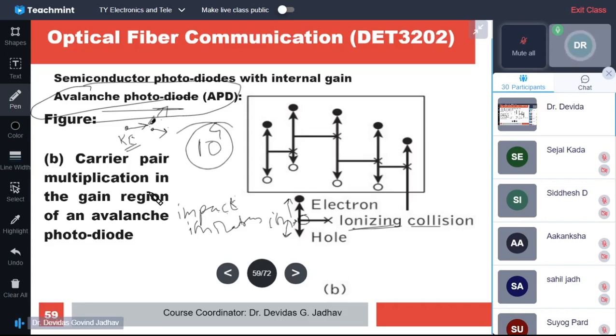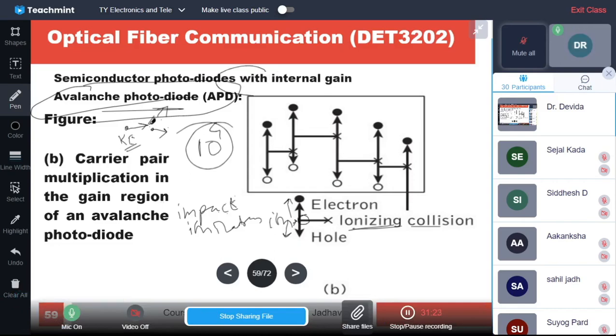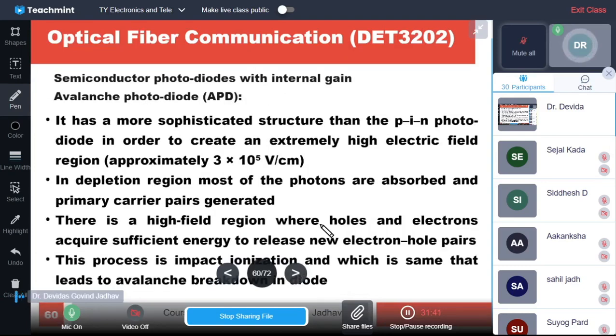So this device is with gain, with internal gain. Internal gain within the device. External gain will be with the external circuit. So this is an internal gain device. APD has internal gain because of the impact ionization. So this we discussed yesterday,